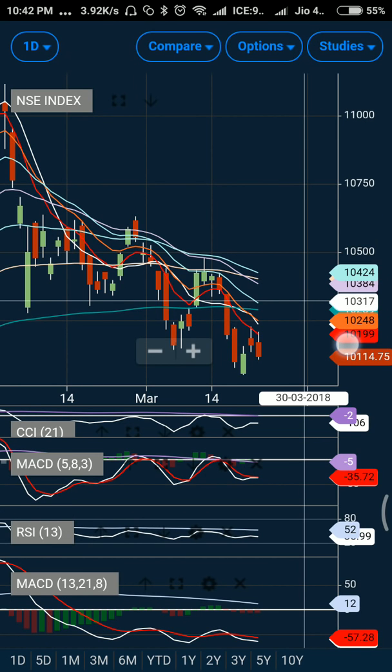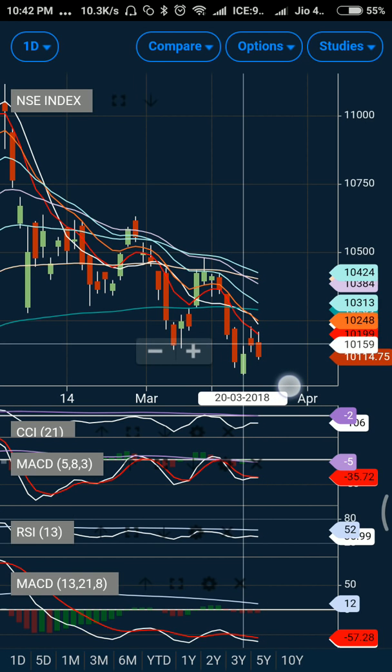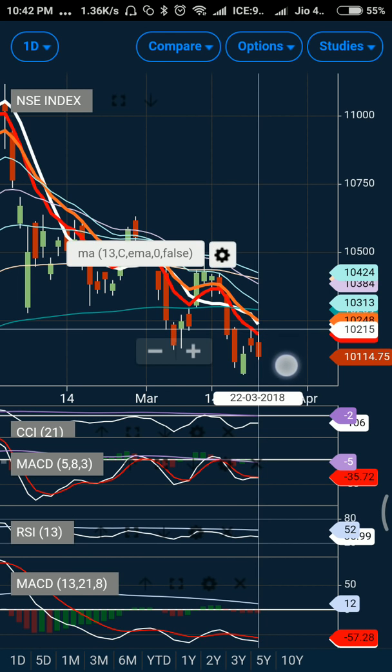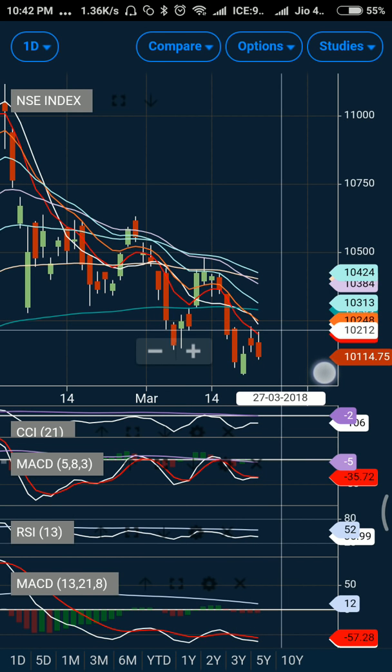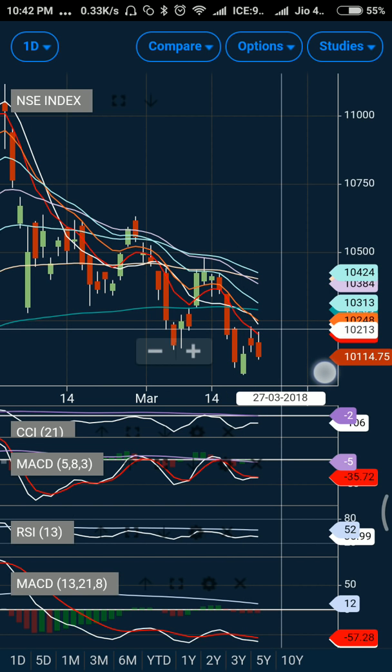So in my previous video, I did mention that the market has closed above its previous candle size. So here you can see the market has shown bullish sentiments, but I have also mentioned that the 8 days exponential moving average and the previous candle, which have been acting as resistance, may continue to act as resistance. So in a nutshell, what I summarized was that